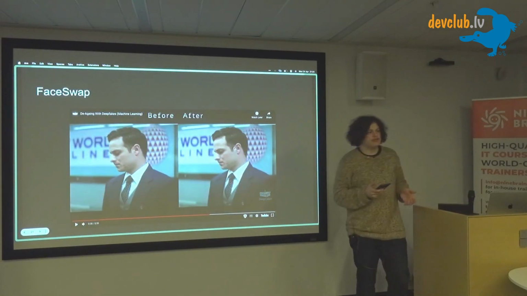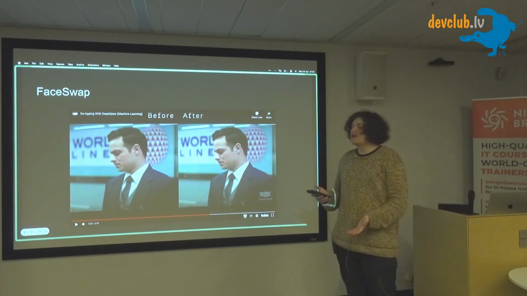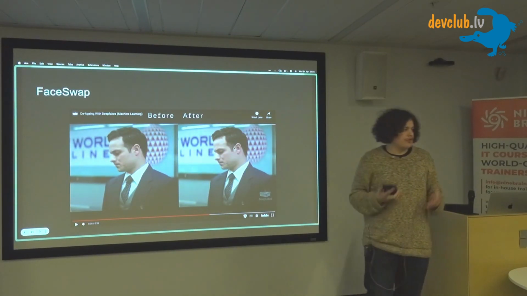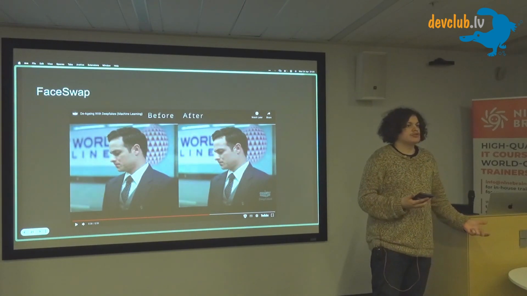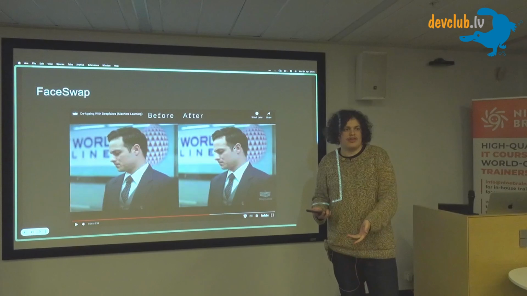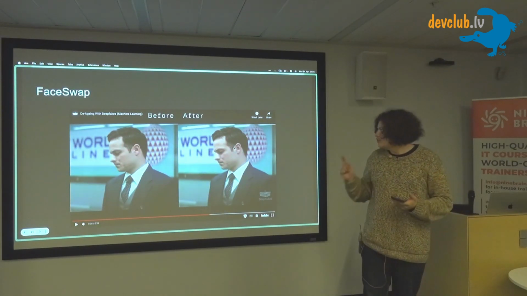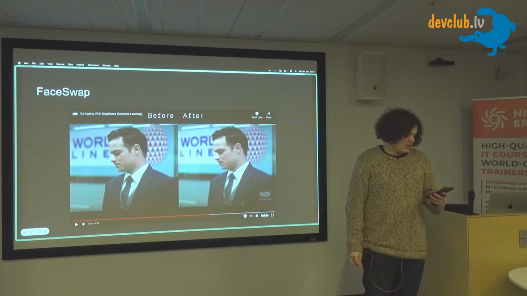Here you can see one famous actor was de-aged. What FaceFlow basically does: you have a video of one actor and you want to change the face to another actor, or de-age the actor, or remove mustaches. There are a lot of different types. You can use this neural network for it.